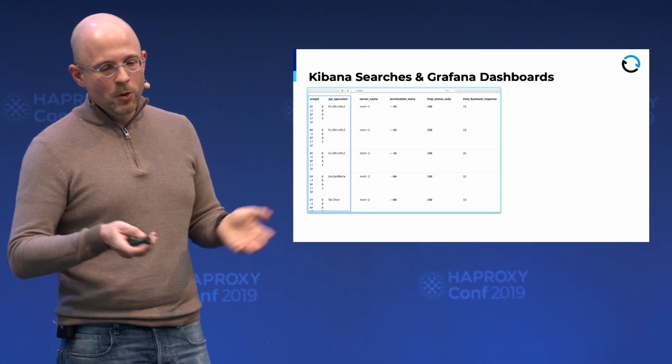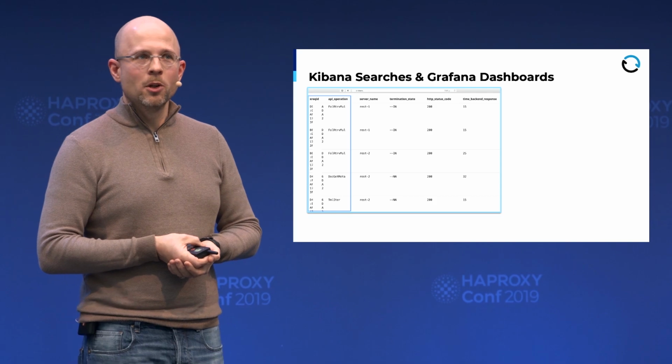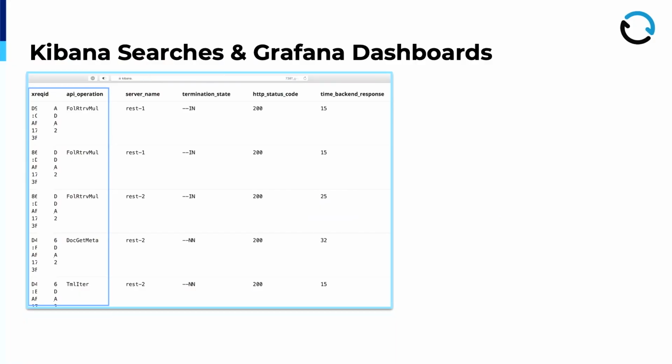So this is a few examples of what that looks like, what we do with it. This first one, it was kind of hard to get that tabular view into a screenshot that would look nice, so I gave my best. The left-hand column, you see that it's labeled X request ID. If you can read that, that is the leftmost one. That is this generated ID. I had to put a white bar on top of it because, in theory, you could have calculated IPs from